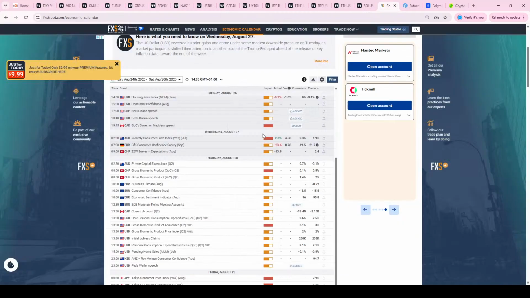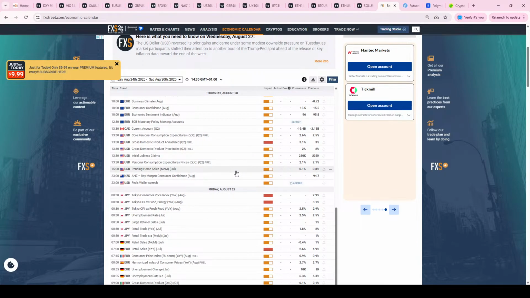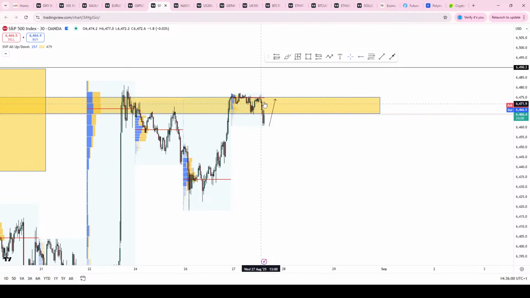So basically, in short, not a whole pile on the data front today. All data is really going to be either Thursday and Friday for obvious reasons, as we've discussed prior. Short-term trading is, as I said, going to be really reacting off of the value area on the session.